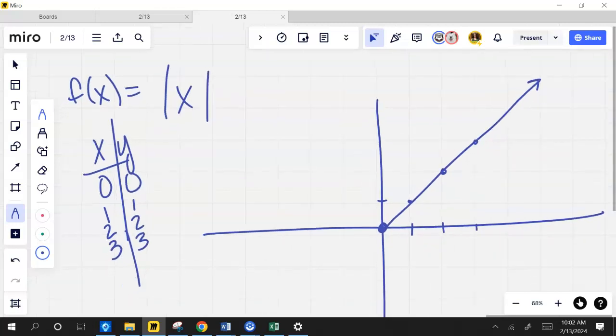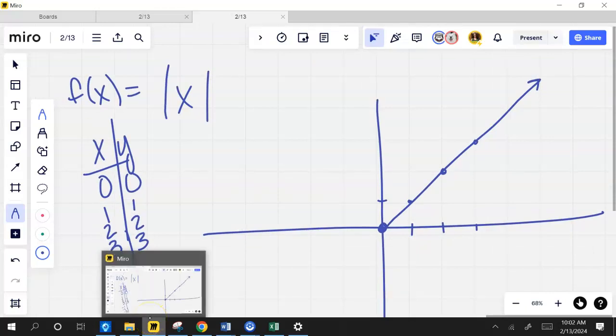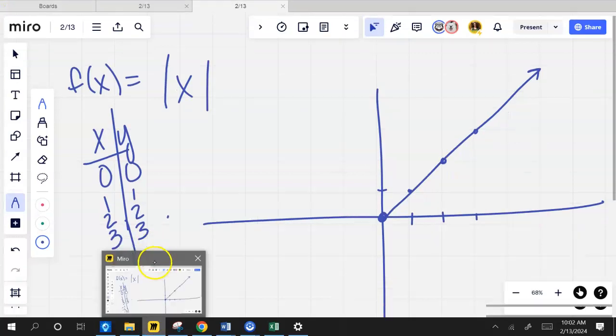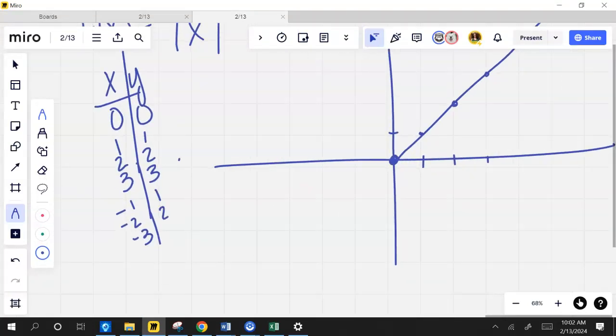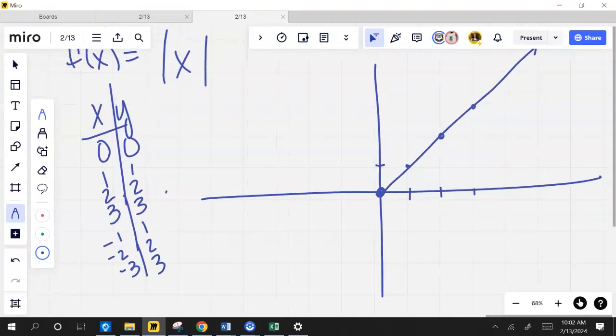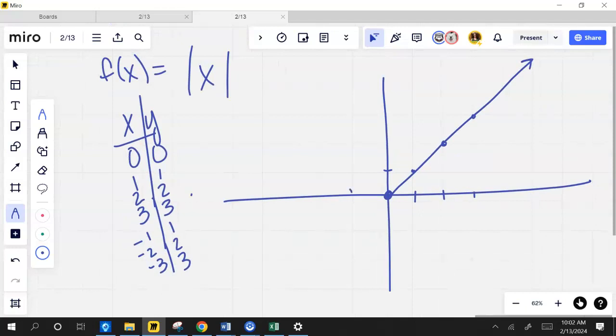Now the other half of the graph comes in from the negative side, right? If I put a -1 into that equation, what does it spit back out? A positive 1, right? So this would be 1, 2, and 3 because it gives me the positive version of those. So at -1, I go to 1, -2, I go to +2, -3, I go to,